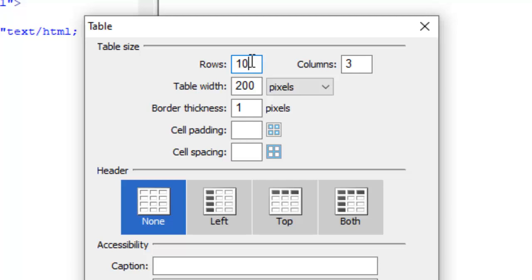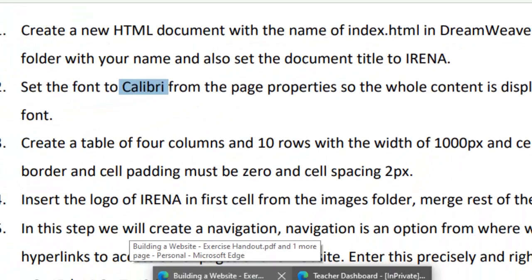10 rows are there. Horizontal collection of cells are called rows in a table. Columns are 4. Now here I have to change. If percentage is selected, you need to convert the table width into pixels by clicking here, and now set its width to 1000 pixels. Okay, done. Then border thickness is 0, and then let me consult my document again,